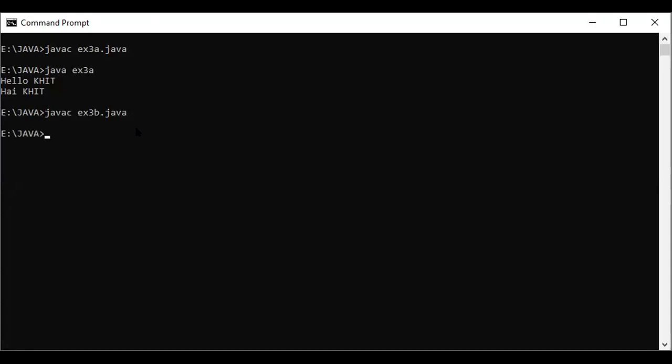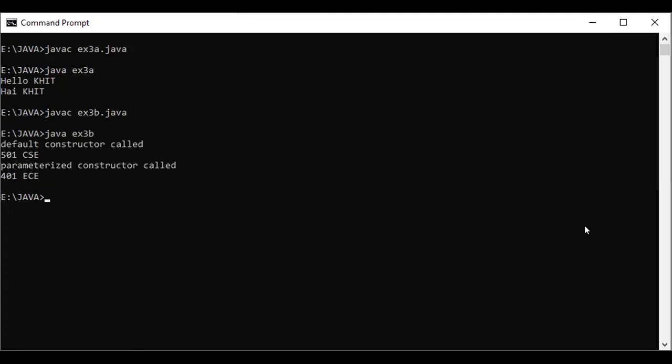There are no compile errors in this code. Then go and execute it, java space ex3b. It creates both objects, one with the default constructor and another with the parameterized constructor. For the default constructor we have given values 501 CSC, and for the parameterized constructor call, we have given values 401 and ECE.